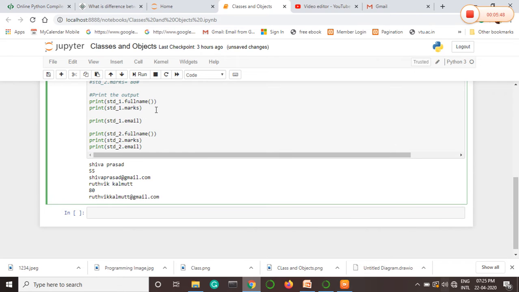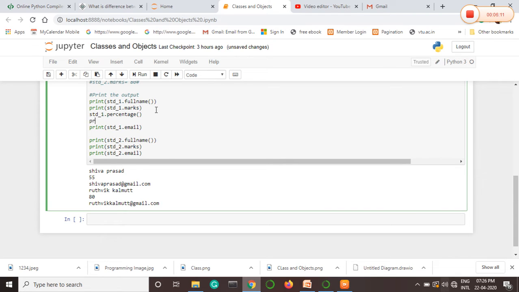After defining the marks of the student, I will do one thing: I want to raise the marks of a specific student 1. I will call the method std underscore 1 dot percentage. The method is nothing but percentage, which we used to define that function there. Then open and close bracket.